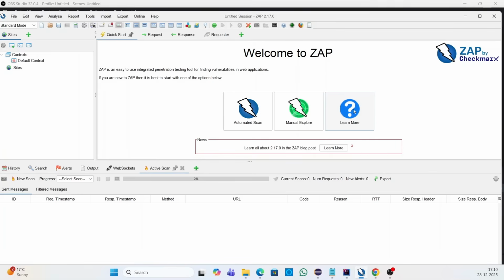The best part, you don't need to be a security expert to get started. This works perfectly in a CI/CD pipeline, and it adds huge value with very little extra effort. By the end of this video, you will clearly understand how ZAP works with Selenium, how to run an automated ZAP scan, and how a tester can contribute to application security early in the software development lifecycle. So if you are a QA engineer, automation tester, or someone curious about shifting security left, you are in the